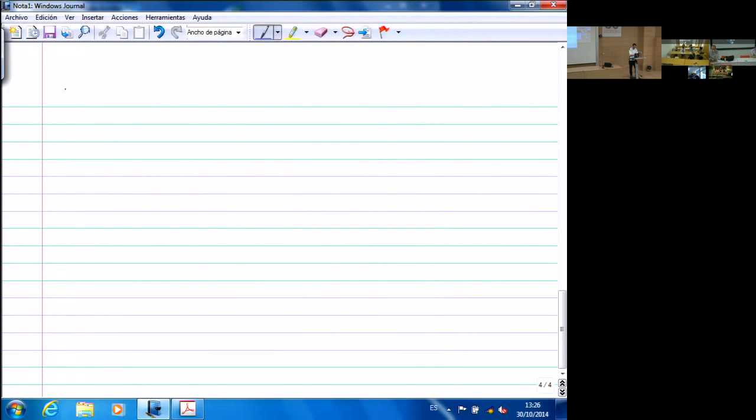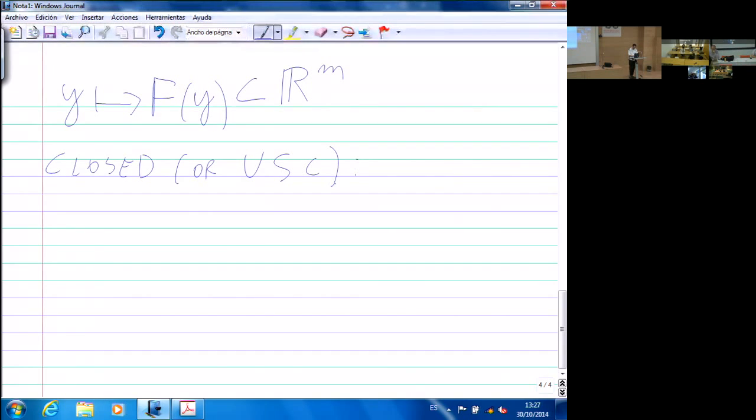I have a point-to-set mapping, y, associated to a subset F of y, so this is a subset of R^m, and we say that this mapping is closed, or upper semi-continuous, it's the same thing, at x, if